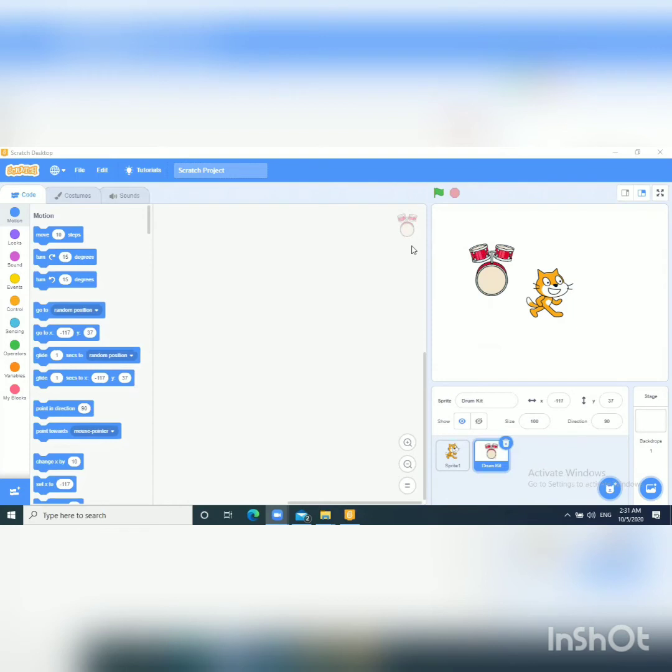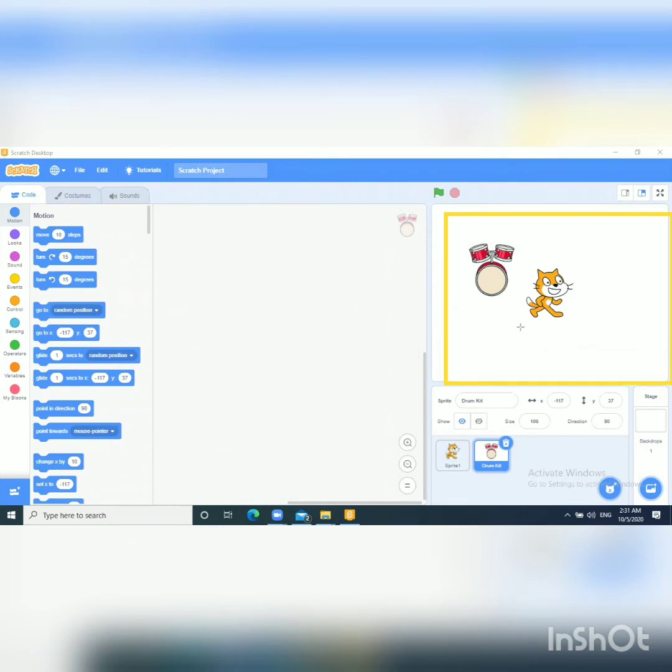Next one is this one you can see. This is called the stage. This yellow box, the complete area, is called the stage.